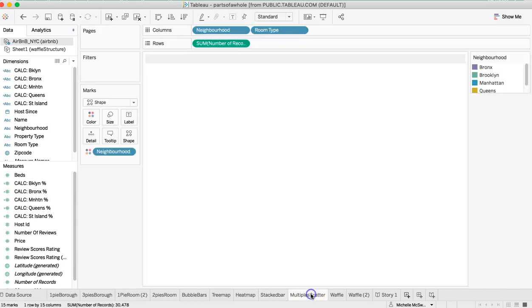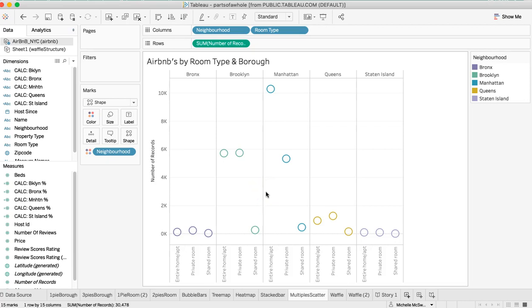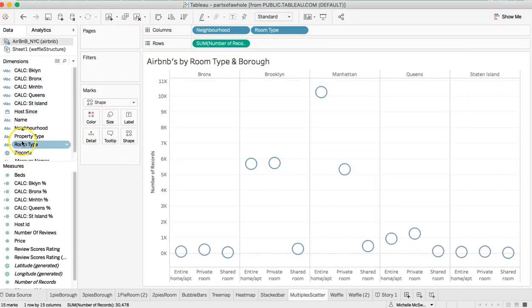All right, moving along. This one I'm a really big fan of. I just think it's super cool because it just looks neat. So here we have a bubble bar chart or multiple scatter chart. And we are looking at each borough separated and then each room type down here. The color is the neighborhood. That may communicate what you want it to. You can also do the color as the room type,